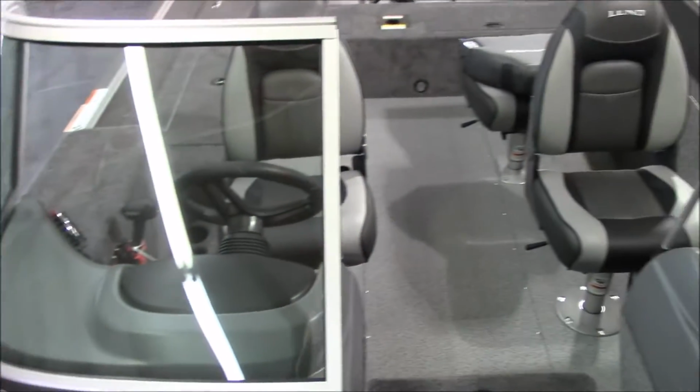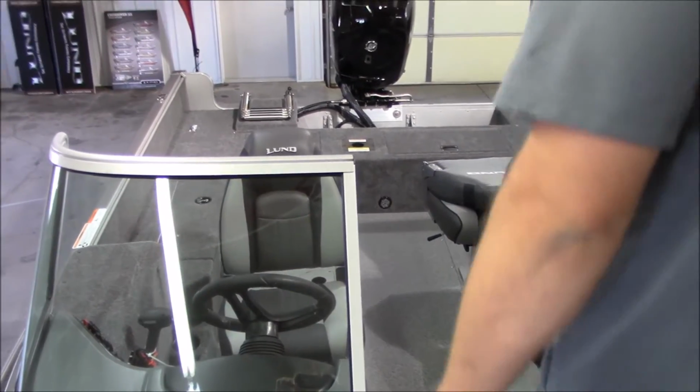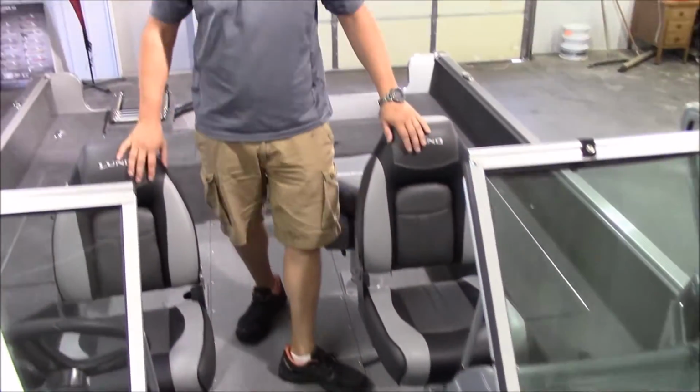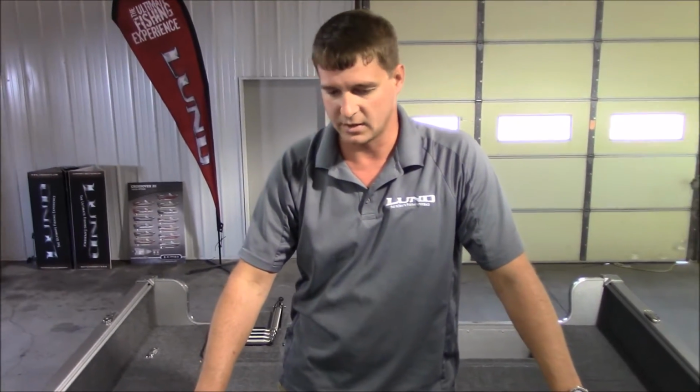It's laid out real similar to the Tournament Series Pro Vs, you could say. Everything's located in basically the same spots, and it's a more affordable option. So if anybody has any questions, I think I pretty well summed up the 18 Impact. If anybody has any questions at all, or if I missed anything,